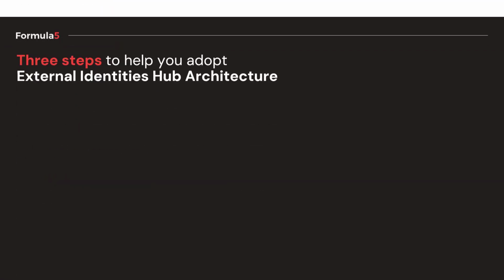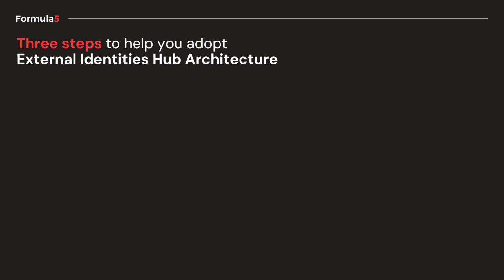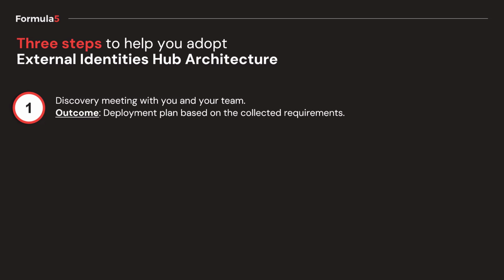Perfect. So there are 3 steps to help you adopt External Identities Hub Architecture. And we really wanted to make it simple to make sure that modern customer identity and access management solution implementation will not take ages. So how do we approach that? First, we organize discovery meeting with you and your team, and the outcome is deployment plan based on the collected requirements. So after meeting or few meetings,